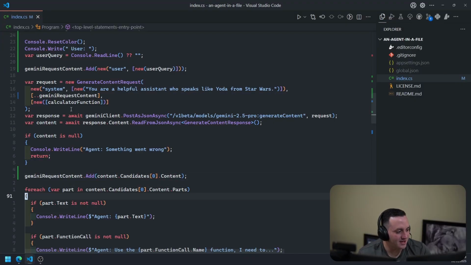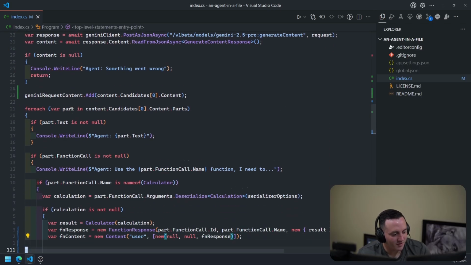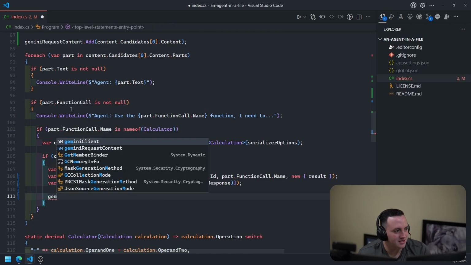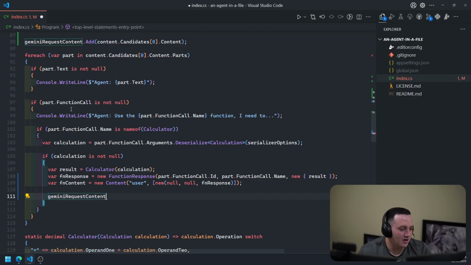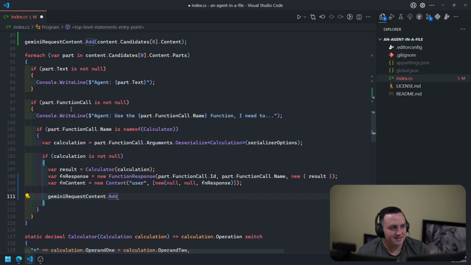Then down below here, we'll handle each of the parts in that content. So we'll print that out to the console, or we'll call the function and get the response. But down here, we need to add this. So when we get our function content, we need to say Gemini request content.add. Now you might say, why aren't you adding the text and the function call? That's already taken care of by this line up here at the top. Before I start looping, I've already collected all that content from the response. So we'll say add